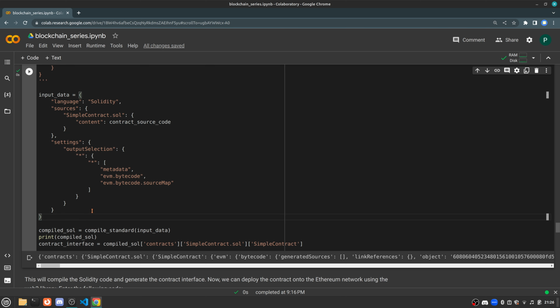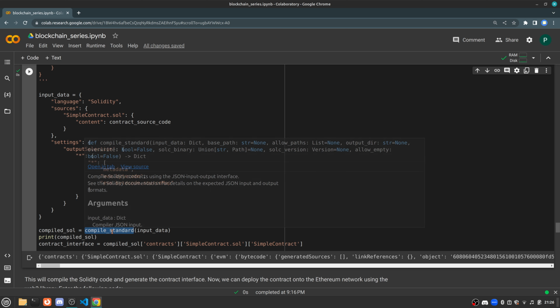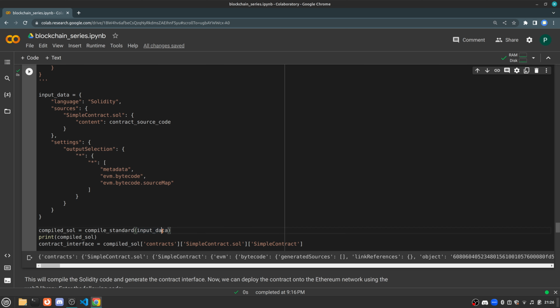After we've created our input data and our contract source code, we can go ahead and compile our data. So we're going to create a new object called compiled_sol, or compiled Solidity, which will be equal to compile_standard. And that compile_standard needs our input data. So it needs this information here. Once we've standardized and created our input and compiled our input data, we're going to print out that data,